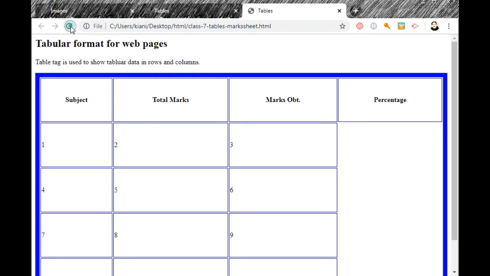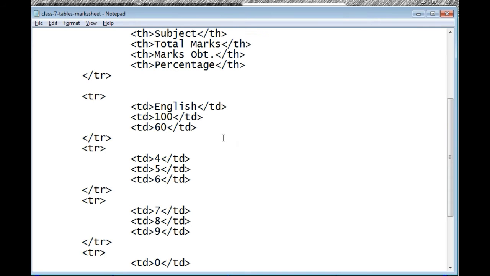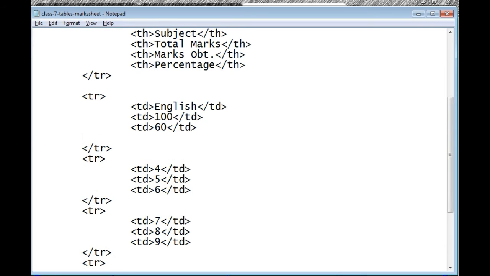See the output. This is English 100, 60. And what about the percentage? There was no fourth column. And I put the fourth column as 60%. TD. File, save.